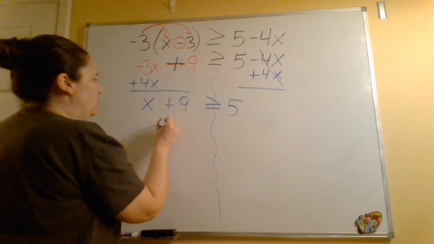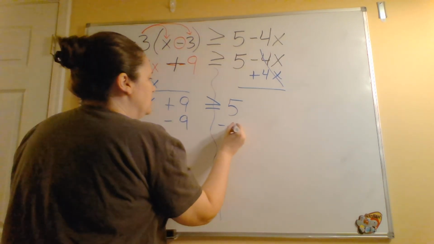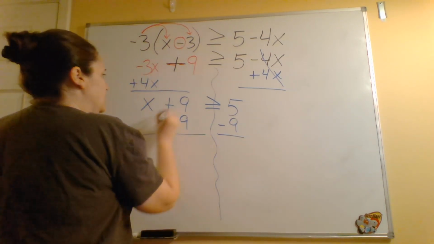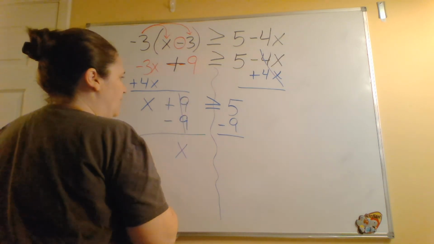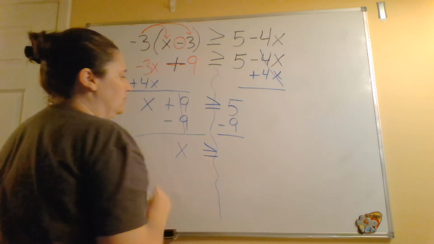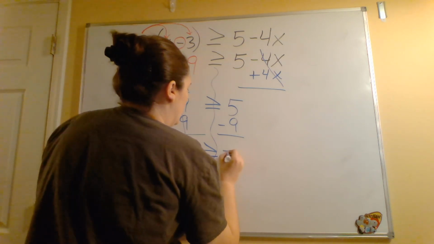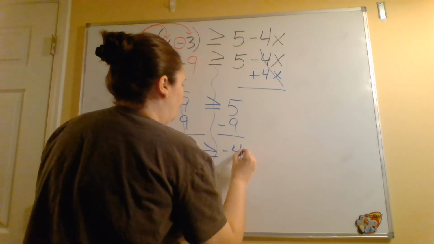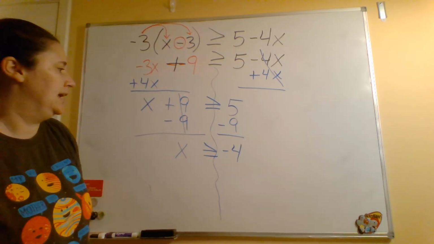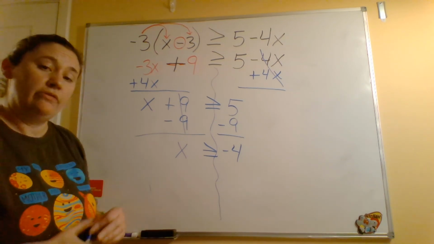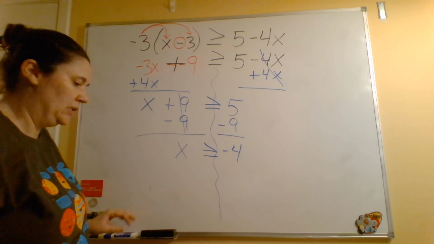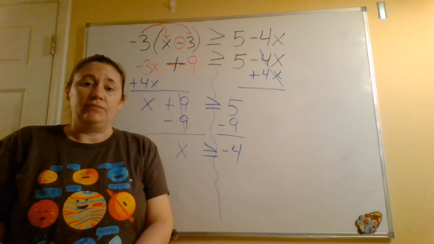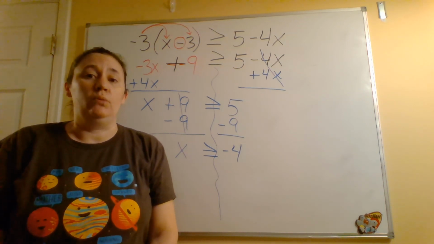They're adding 9. We are going to subtract 9 from both sides. The 9's cross off. I have x is greater than or equal to negative 4. 5 minus 9 is negative 4. That is our homework. For classwork today, you're going to be doing some problems in the workbook, and I'm going